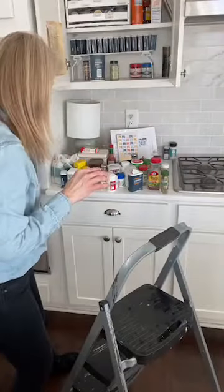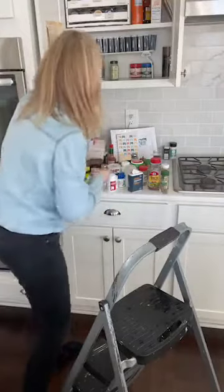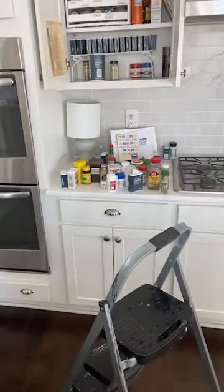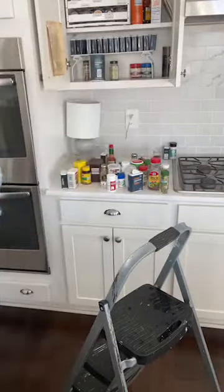I'll keep going. So I think what I'm going to do is organize these by what I have. I'm going to clean off my space here to work in. And that way, it's hard to do it so you guys can see. Okay, so